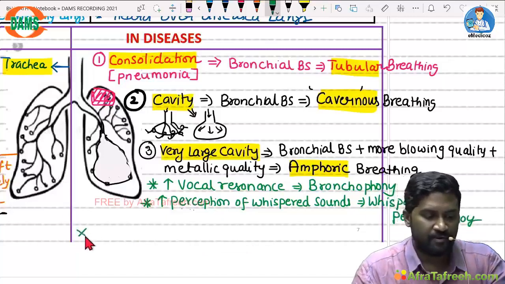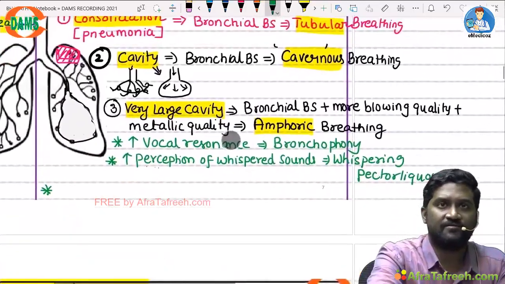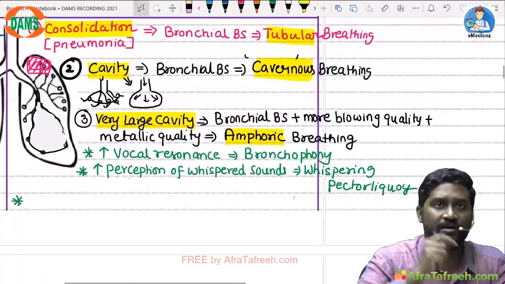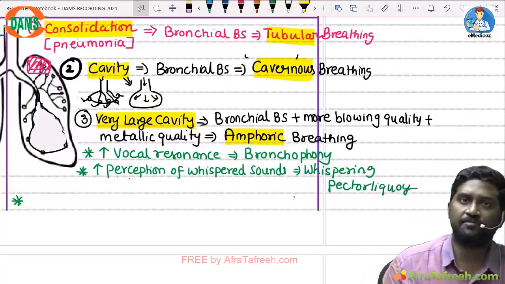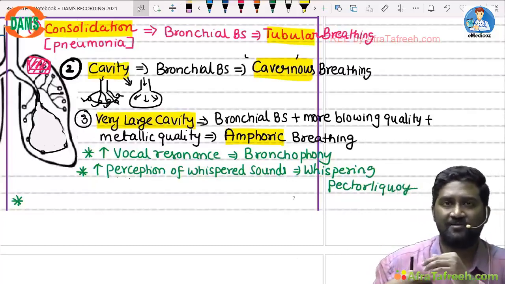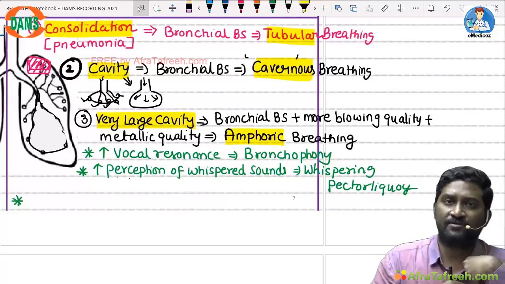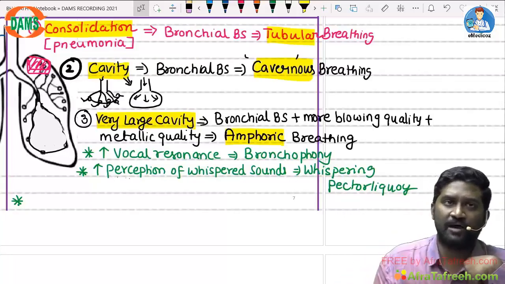Now in a few, not only the intensity can change, but also the quality of sound can be changed. So, change in quality from E to A. I ask the patient to say E. On the normal side it will be audible as E only. But in the area of consolidation or cavity, if the patient says E, in my stethoscope it will be audible as A.